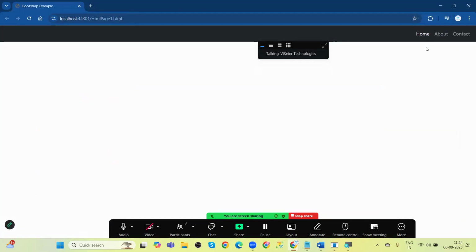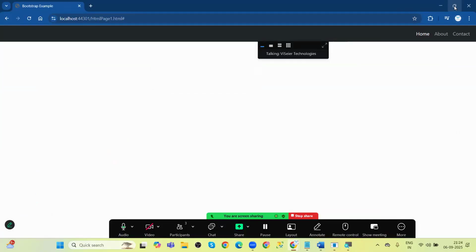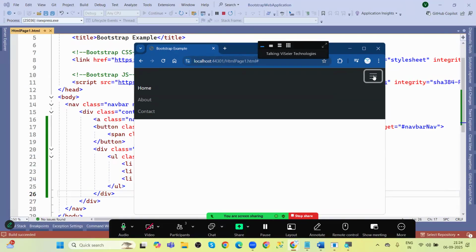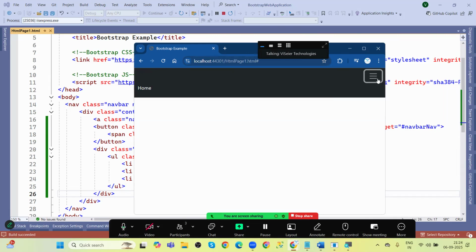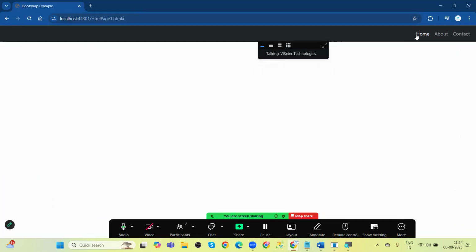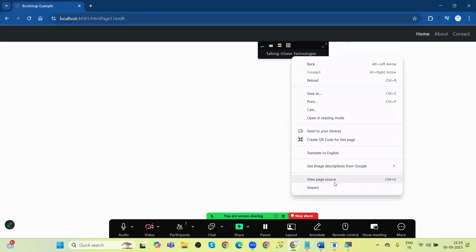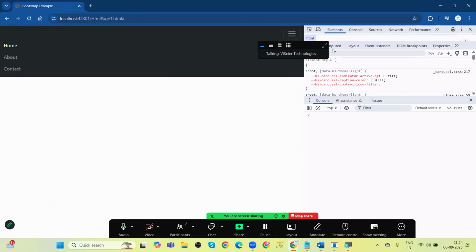If you observe here, About and Contact Us are displayed. Anyway, if it is minimized, it is displayed like this. See, it is minimizing automatically. It's an advantage of Bootstrap. Responsive UI is the best. Bootstrap already has predefined things for each one. If you right click and want to see the code, now go to